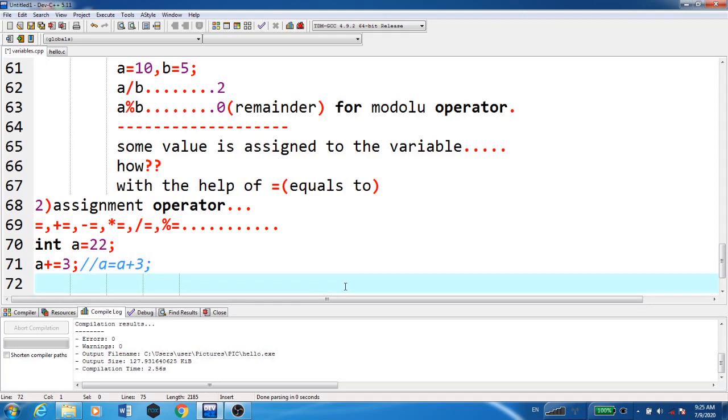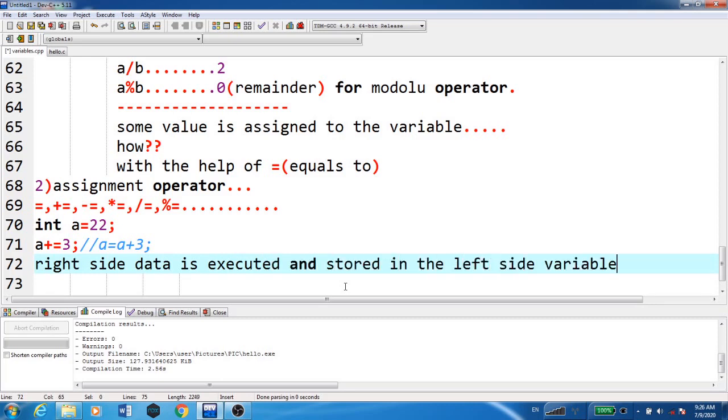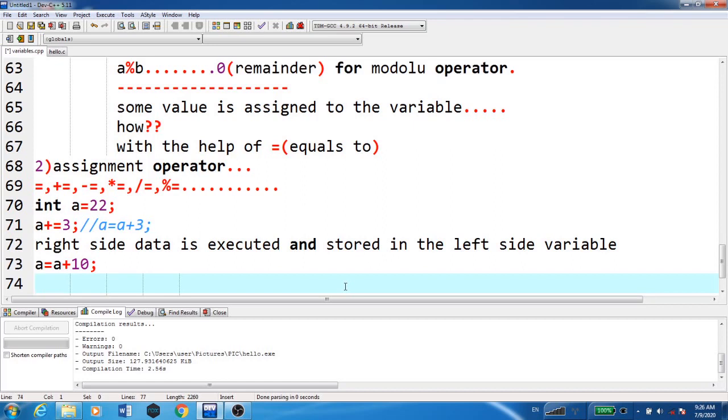Whatever is the operand, to that operand we are adding that value, right? So equals to is the assignment operator. Now what we are doing here, the right side data is executed and stored in the left side. You always remember that right side data is executed and stored in the left side. That is, A is equals to A plus 10. So what is happening here?